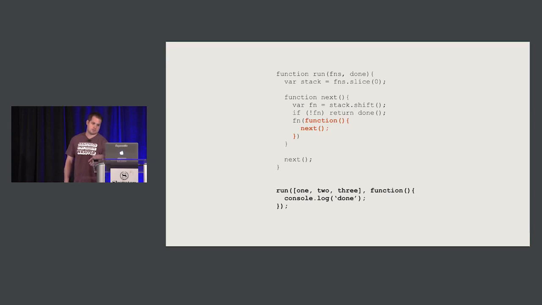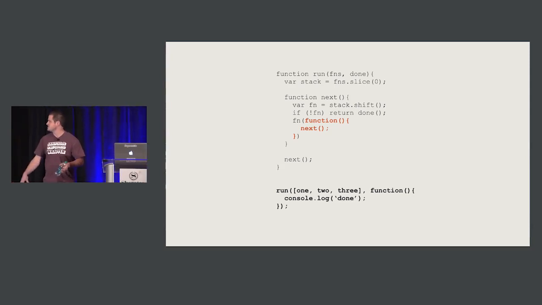But then there's tricks to make that not so nested and crazy, and these are the tricks that some of the libraries like async use, but they handle a lot more cases. Because what we want to do is basically take 3 functions and run them in a row, right? Now that we've added a callback, we can just have a utility function that can do that for us. So if we skip the top function, but look at how we're going to use it, we just have this run function, and we're going to pass it this array of 3 functions.